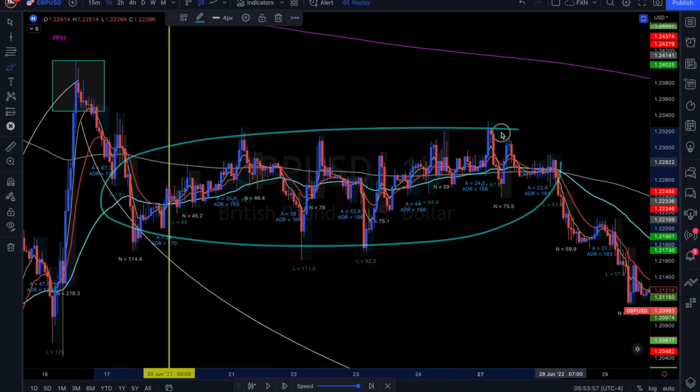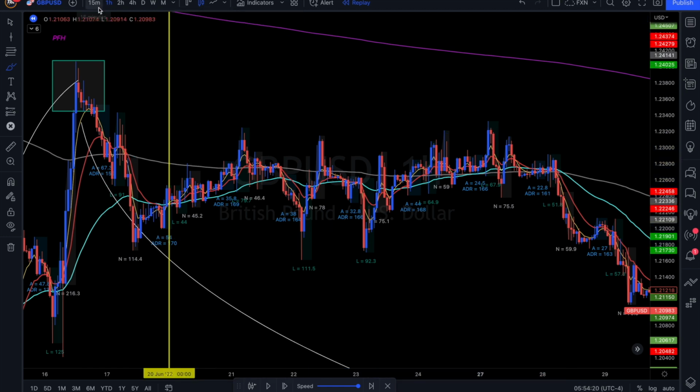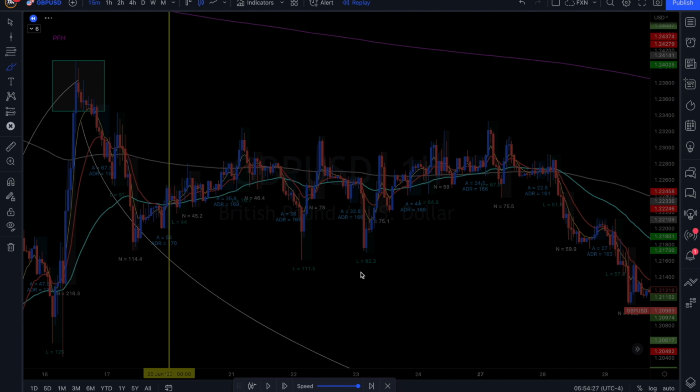This section right here, guys, to me looks like complete garbage. But when you really look into it, there are setups there. It's up to you as a trader to determine, do I want to trade this kind of stuff? Do I want to trade that kind of movement when you have price action going across like this? And the real easy way to know is when you go down to the 15-minute time frame, you'll see all